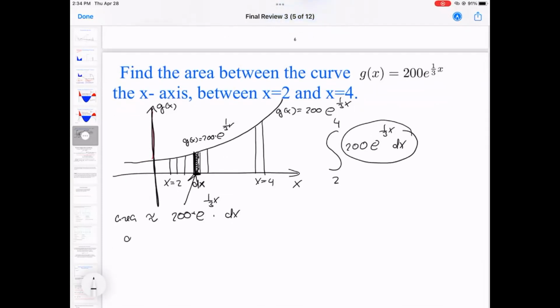So g of x times dx is approximately the area of a thin rectangle